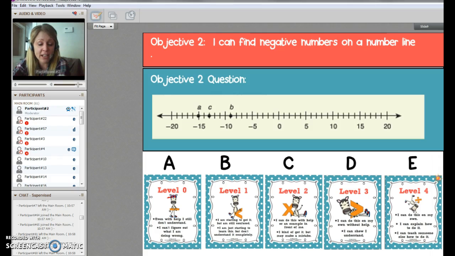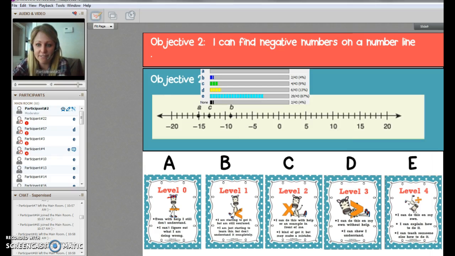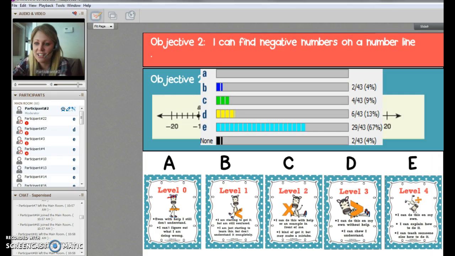So I'm going to bring the polls to the board to see how you guys felt about this one, and then we can decide if we spend more time on it or not so much. So here we go. All right, now it shows none that has 2 because we actually have 59 students in class, but a lot of them are in the Think About It room. And so 43 are not.